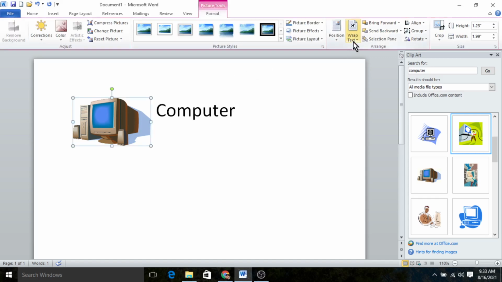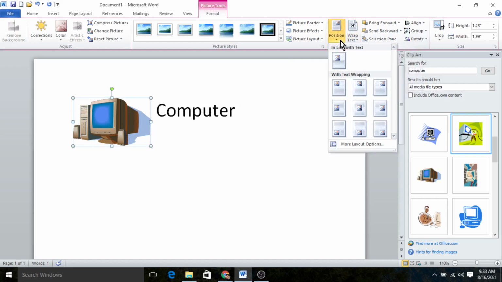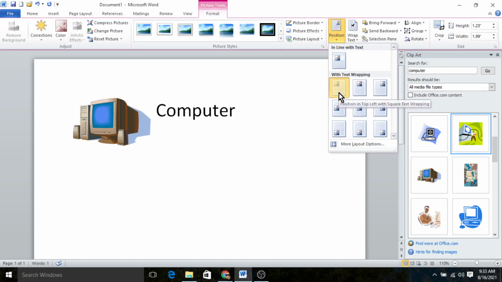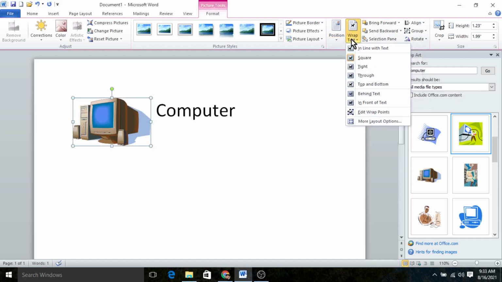Now you can do many things, like you can change the position of your picture. This is one thing that I have taught. Now the next thing is you can set the text over the picture. You can show anything over the picture also. If you want to show the image over your text, over the thing you have written, then which option will you use? You will use this option.